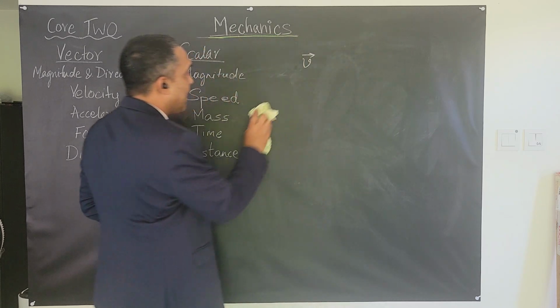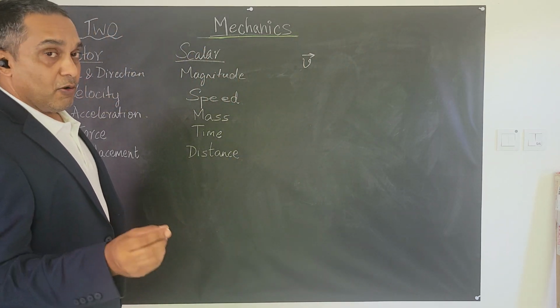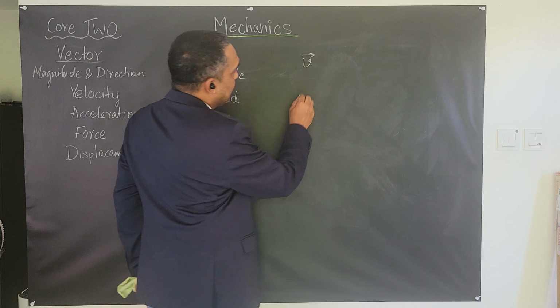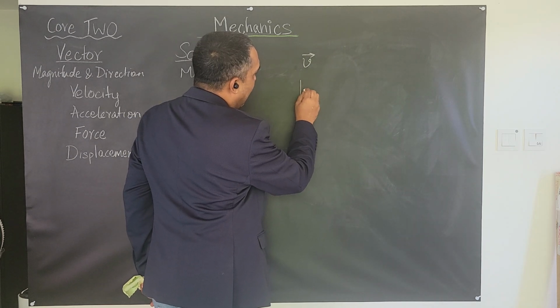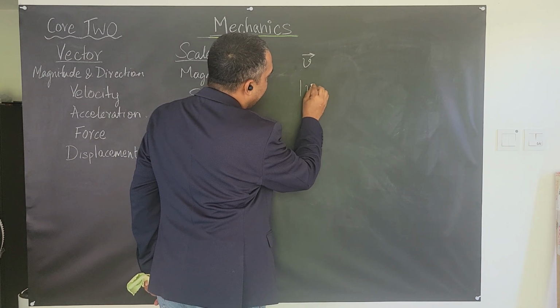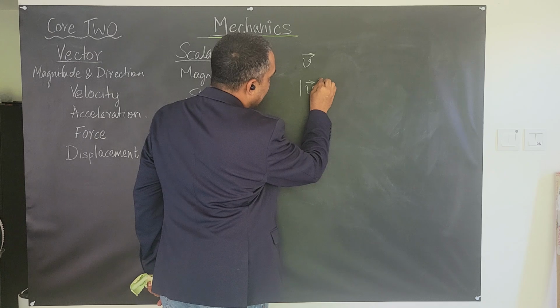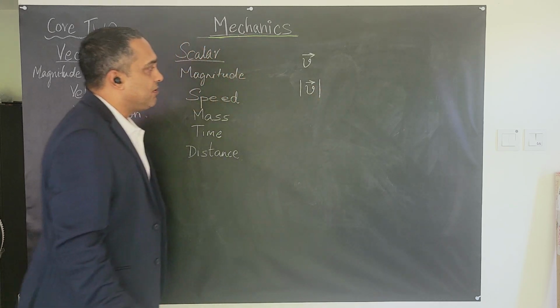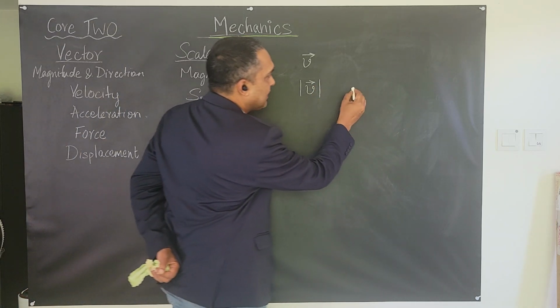So that's the notation. What I also want to denote here is the idea of an absolute value. So that's a vector. And if I take the absolute value, sometimes also written as